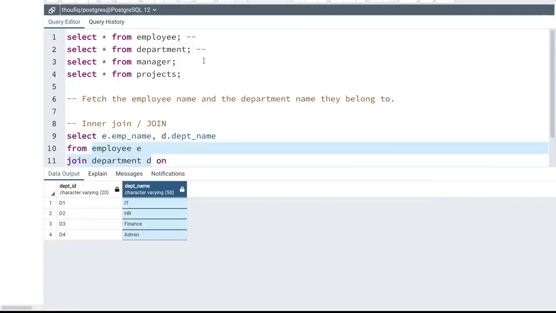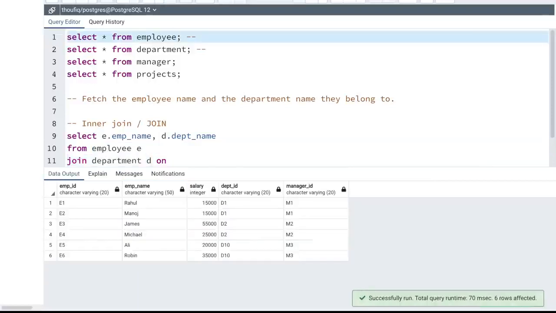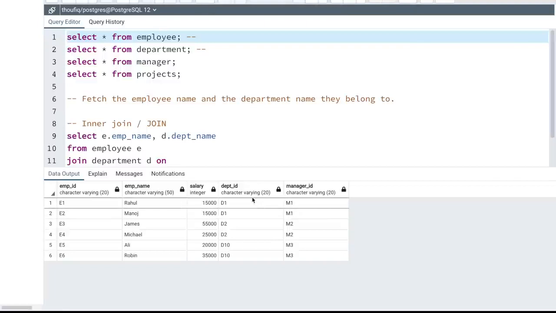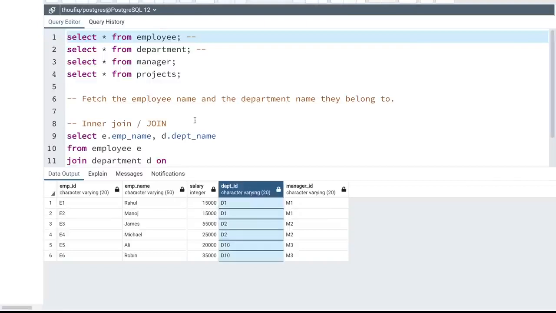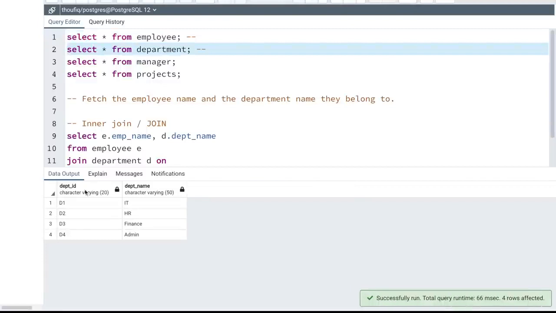So let's try to find out which are the columns based on which we can join these two tables. Whenever we want to connect two tables, we need to find what are the common columns that are present in both these tables. Now in the employee table, I can see that I have a column department ID, and in the department table also I can see that I have the column